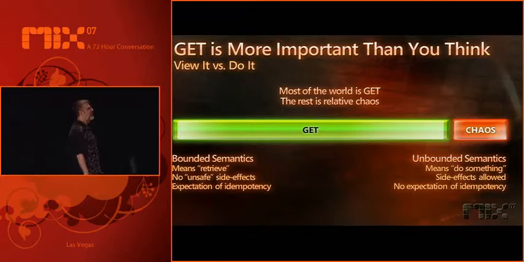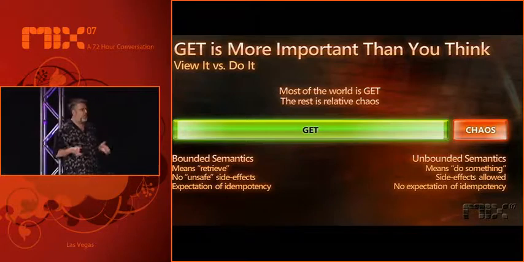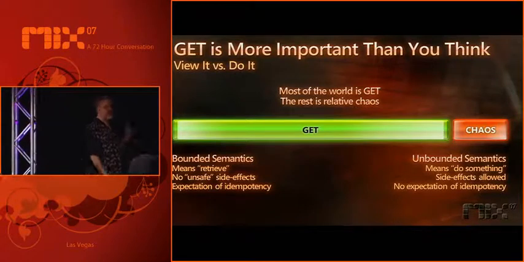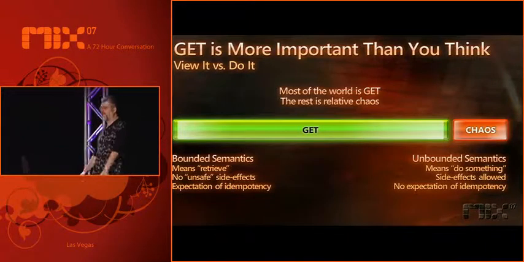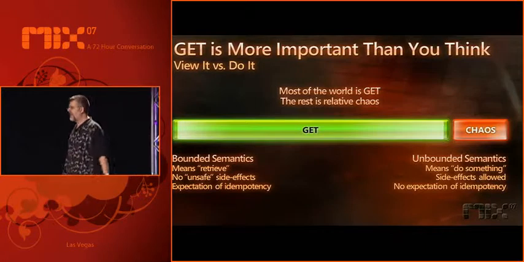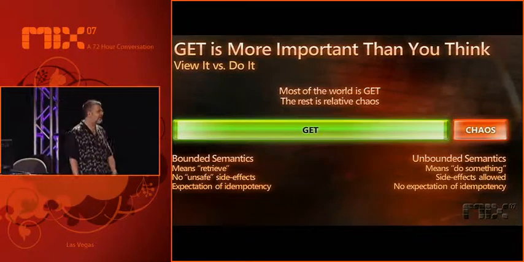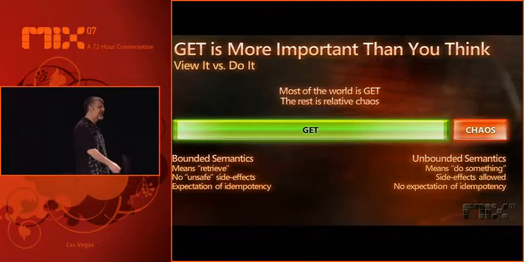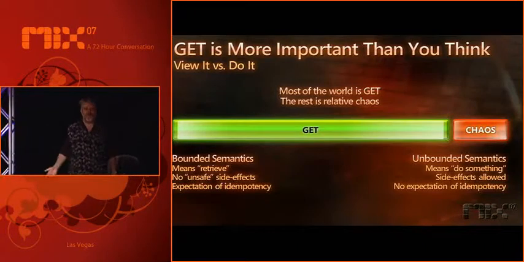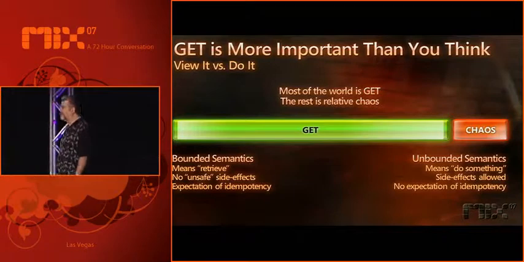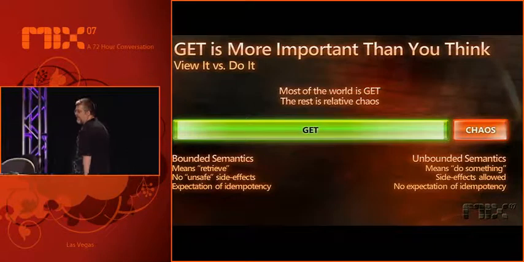What do we know about GET? Well, it turns out GET is nice because it gives us a very well-understood box to live in. It has very bounded semantics. GET always means the same thing: retrieve. Now, if you're a blue-collar person, you might say, get me some data. If you're a highly principled academic, you would say, retrieve the representation of a resource that I can never actually see, but I can view representations of. Doesn't matter. There are two ways of saying effectively the same thing: go get me a structured value that corresponds to this URI.